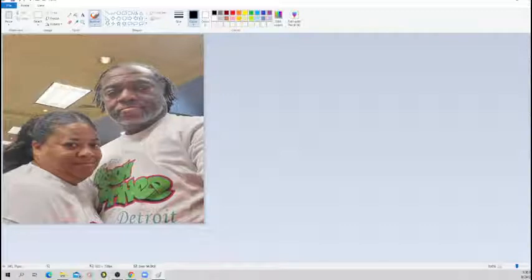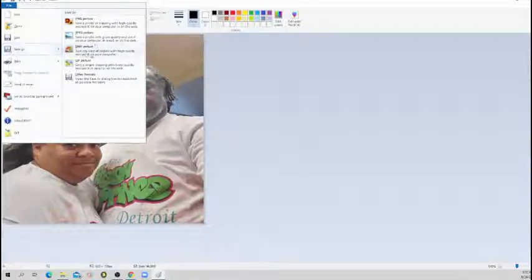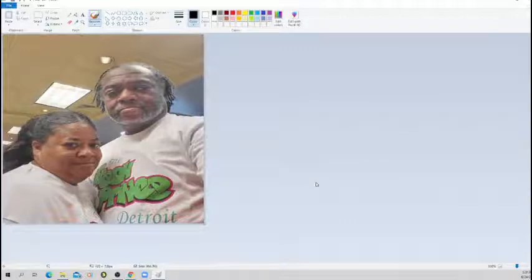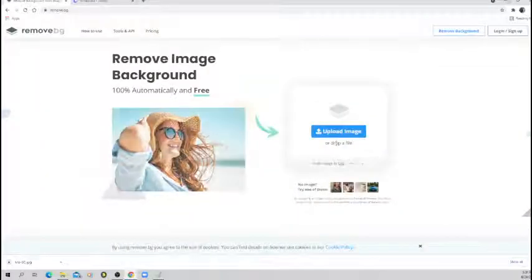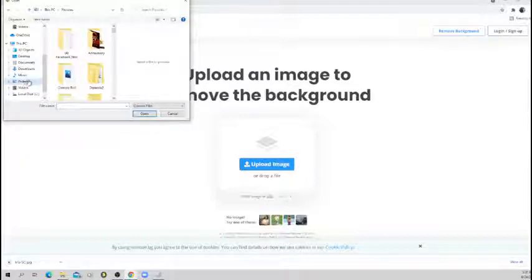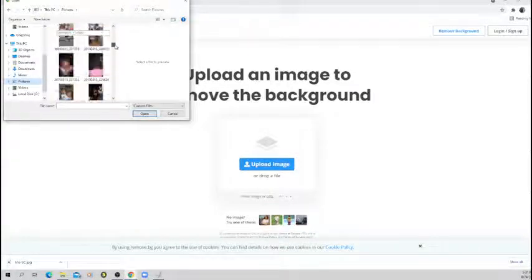So once we have it in a perfect square, what we want to do is save the file as a PNG, because that's what Twitch will take. Save it. Once we save it, then we can come back over here, click on upload image. We're going to go to pictures. We're going to scroll down to